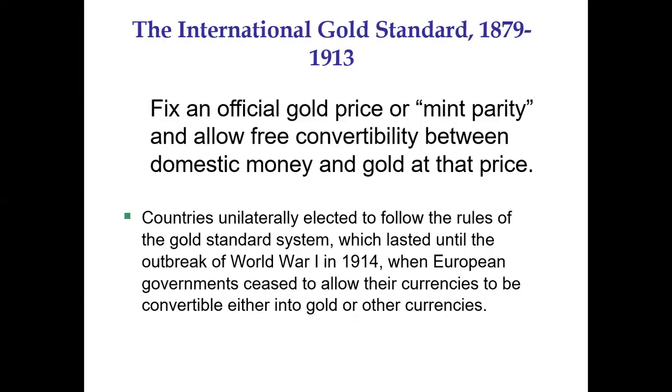Under the gold standard, which was the initial start of the journey of the international financial system, we have two theories, that is mint parity and basket theory. This was the oldest system, where we supported the international currency with the backbone of gold. If I'm issuing dollars, the backbone is gold. If I'm supporting the Indian rupee, the backbone is gold, because if I want to exchange the currency, it is exchanged for gold.